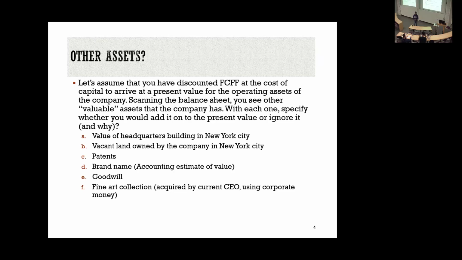Let's go to the easy ones. How about brand name? Accountants are increasingly putting it on accounting balance sheets, right? Why not? Because the benefits come out of it, so it's already part of your cash flows. Tell me where, because the brand name people say, where is it? And you've got to be very specific. Where is it showing up? I take Coca-Cola. Everywhere, right? Revenues, margins, even the rate at which I can borrow. I've counted it in. You can argue maybe I can use it better, but it's already in there. Let's not even talk about goodwill.